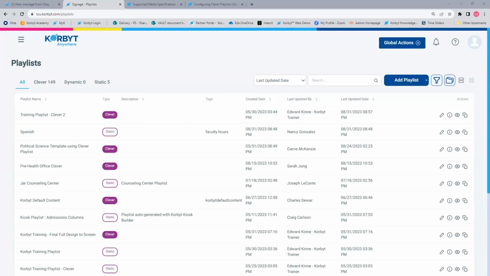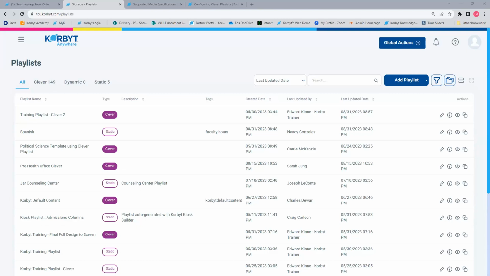Another question there: display immediately versus taking up to 15 minutes to update or display. Not certain what you heard that would be displaying immediately. It's not so much the playlist.